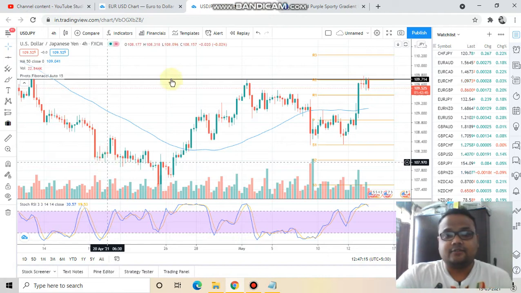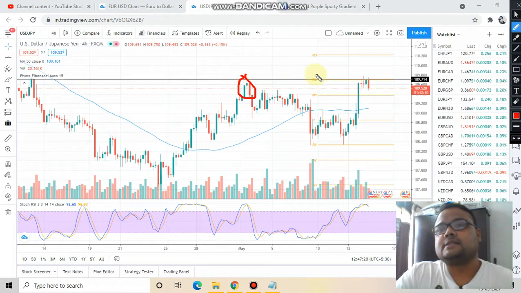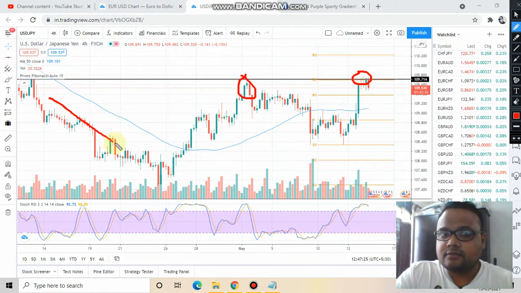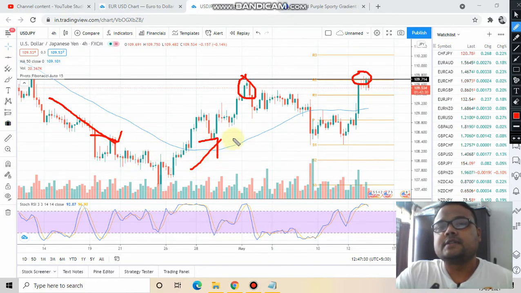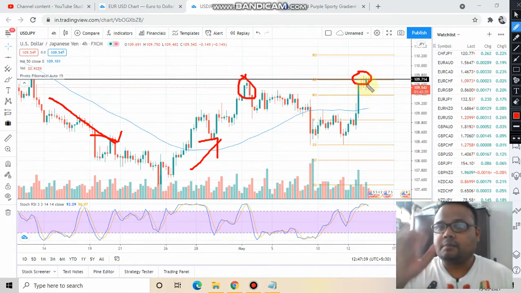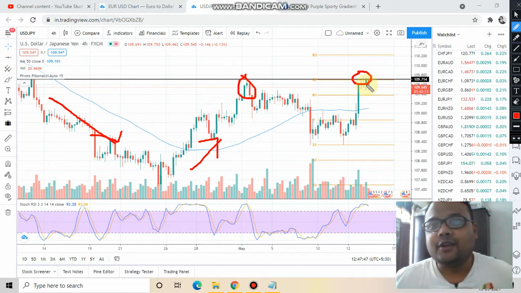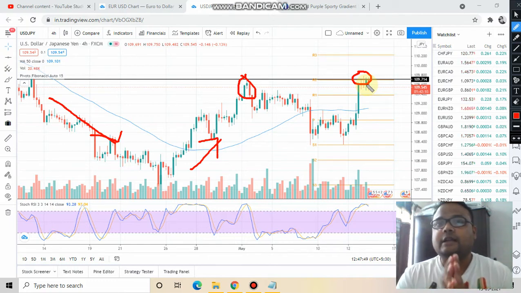And yes, right now you can see the main reason behind this resistance. After this fall, market made a good reversal. It made a V pattern. But from here market failed. Market failed to go up and market came down. Again market tried to go up, and market is still struggling to cross the level. So the main reason behind this is the resistance on the weekly chart. So now we have got the answer.